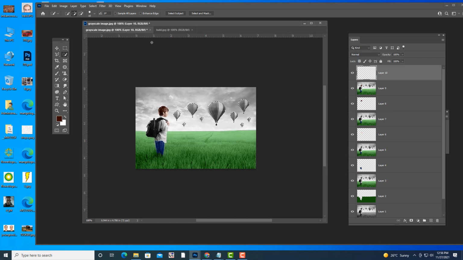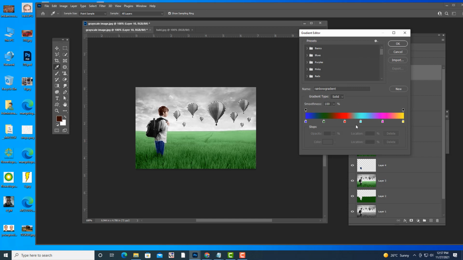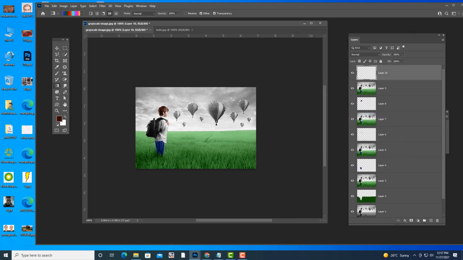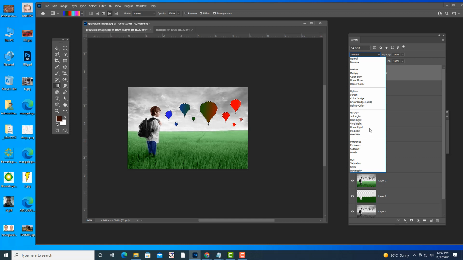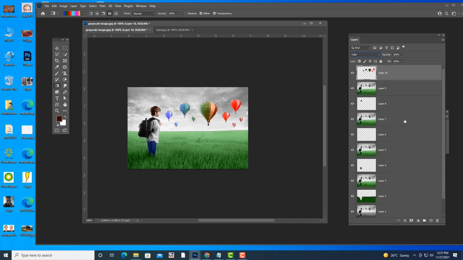Okay, and then select the gradient. See, we'll use this rainbow gradient to this balloon. Okay, so just click OK, and then what you have to do? Simply drag like this. Okay, and then we'll use a color blending. And the next thing is, see,